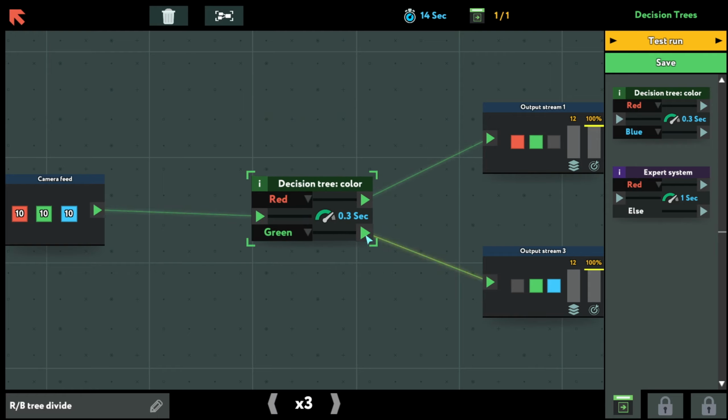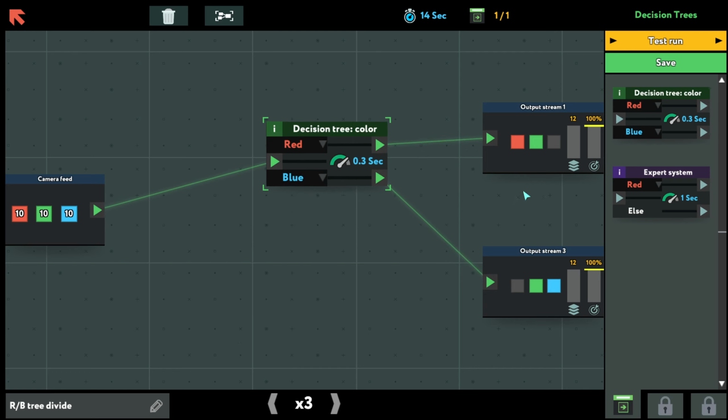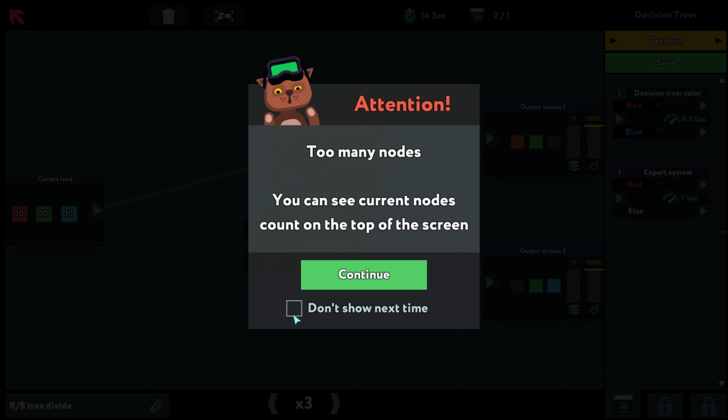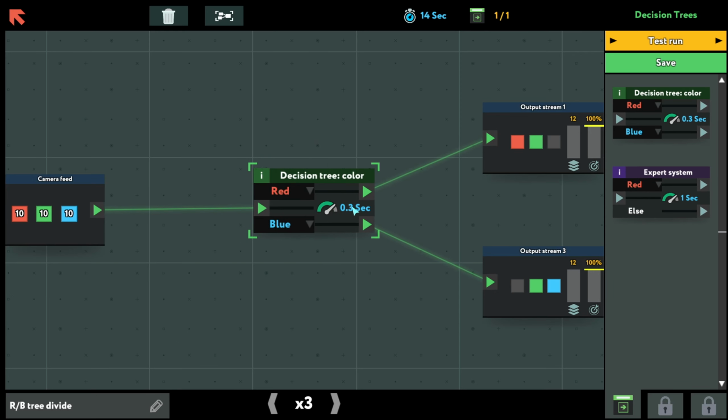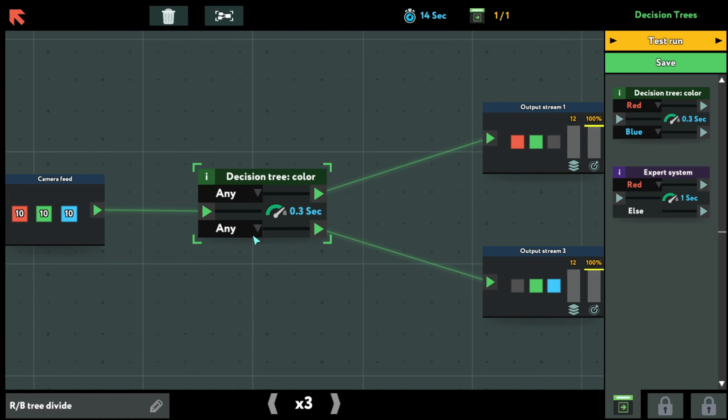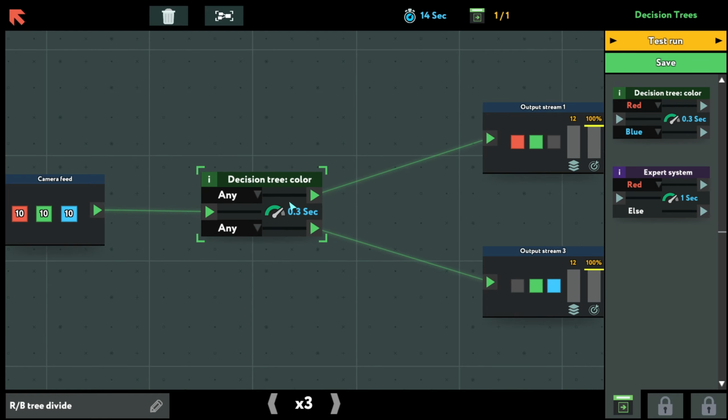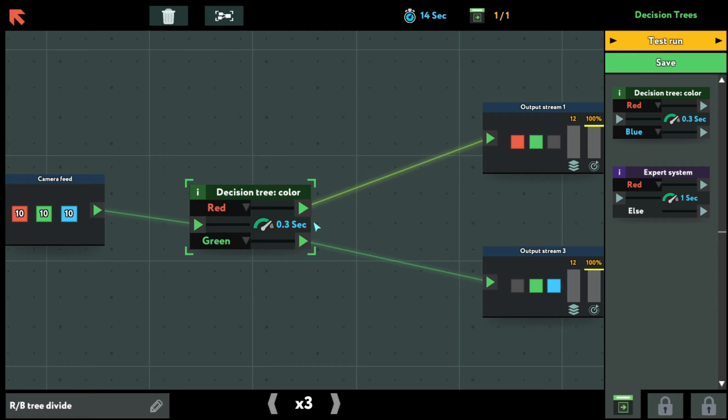So all of these come into here. Blue and green need to go there. Too many nodes. See it on the top screen. Do this with one node. Interesting. So the decision tree would be it. Red goes up there. Green goes over there. And then